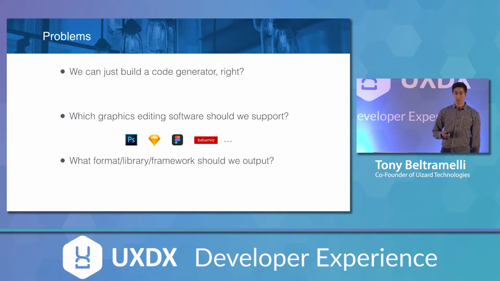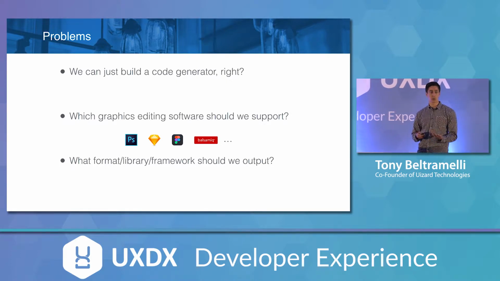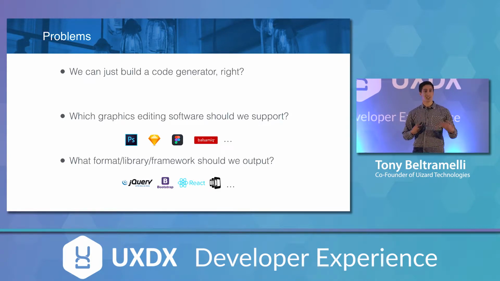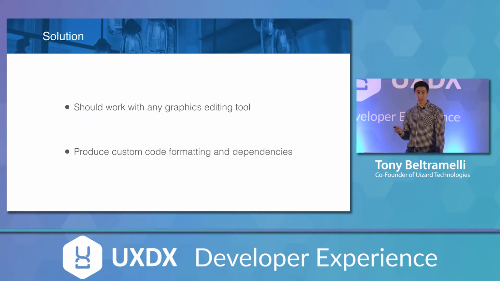And the other problem is, you are about to generate code. Which platform should you support? Which library should you include? And I like tabs. My colleagues prefer spaces. I want my code to look good for me. How do we fit every single developer's needs? And a solution, as I said, should work with any graphical editor, and it should produce code which is customized